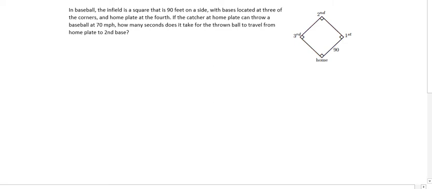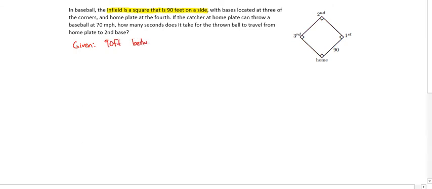So in this video, I'm going to solve a problem about a baseball diamond, which you can see given here. And I'm going to start by figuring out what the given information is. So there are a couple pieces of information given in the question. First is that the diamond is a square shape with dimensions of 90 feet on each side, so 90 feet